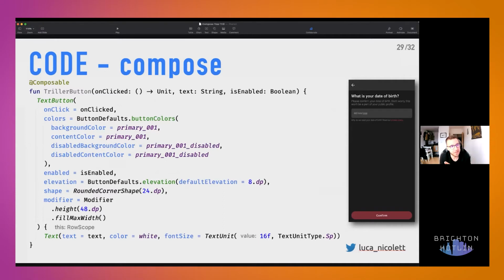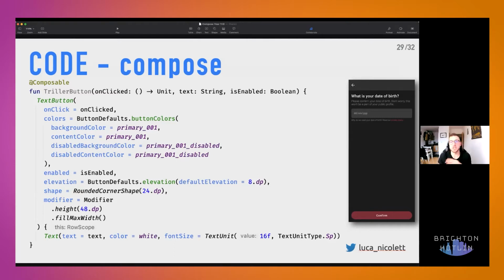And the button doesn't contain a text view anymore, as it used to be in the view system, but it accepts whatever you want as the body of the button itself. And here we're just providing a text. And here again, we're just setting the color to white and tweaking the size in order to adhere to our styling.